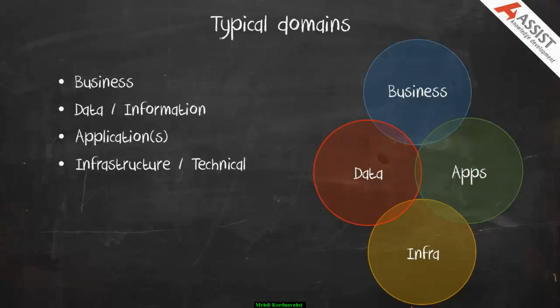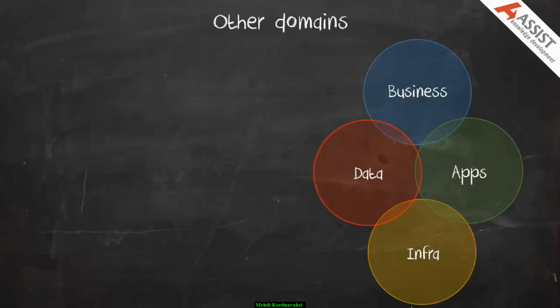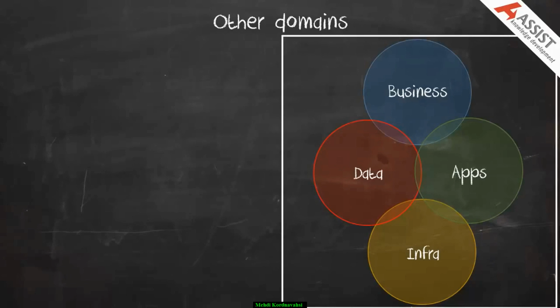And typically these are presented in some sort of hierarchical format, where the infrastructure layer offers services upwards to the applications, which offer their services upwards to the business, which offers its services upwards to the outside world. Those are the 4 main domains in many architecture frameworks. There are other domains which organisations want to focus on.